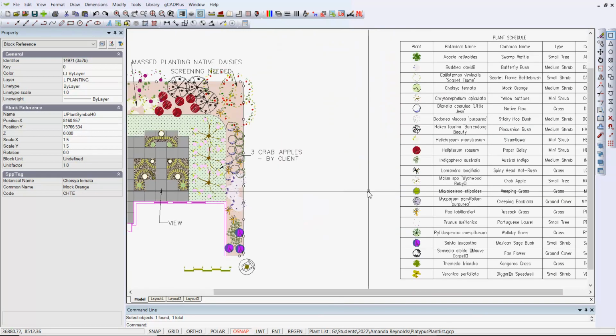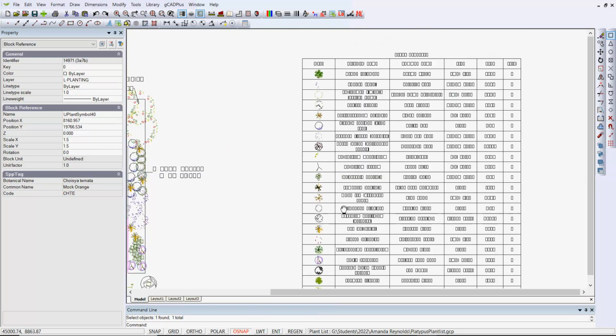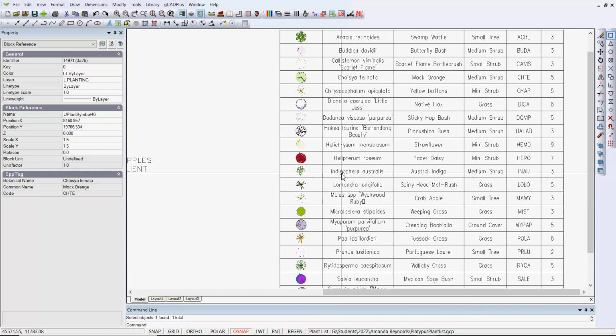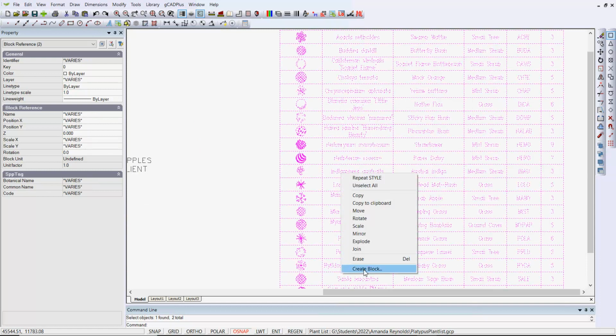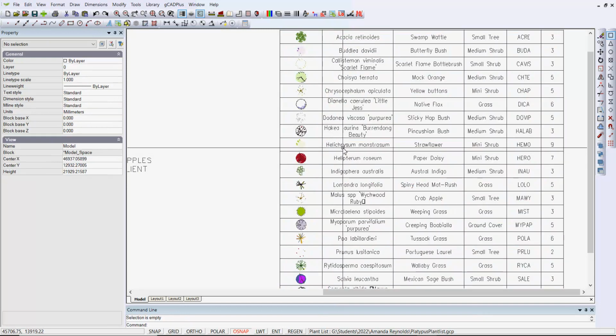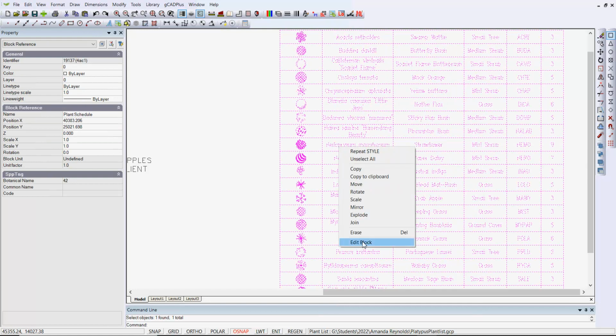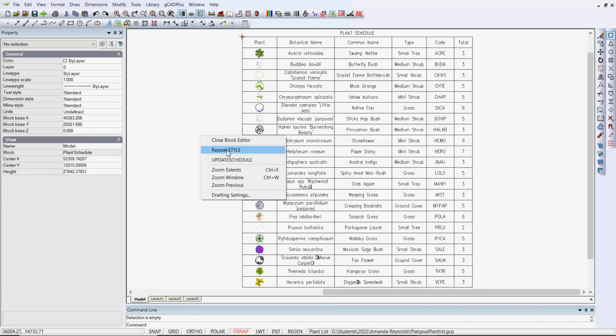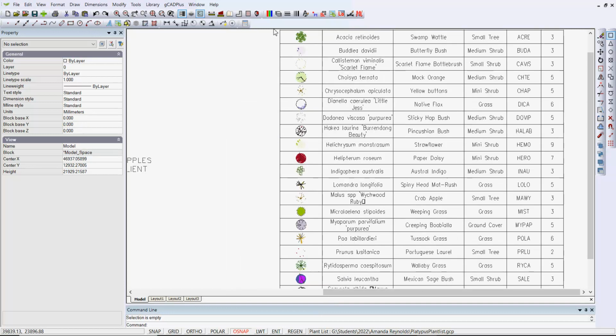What I want to illustrate is there can be some problems in using a plant schedule that's generated automatically if that particular font is current. So if we go in and edit that block, pick a piece of text, it's Helichrysum, but its style is Standard. So what I'm going to do,